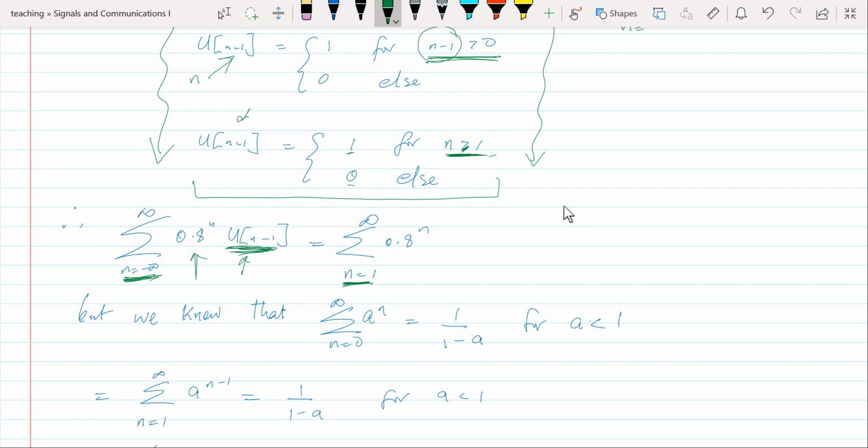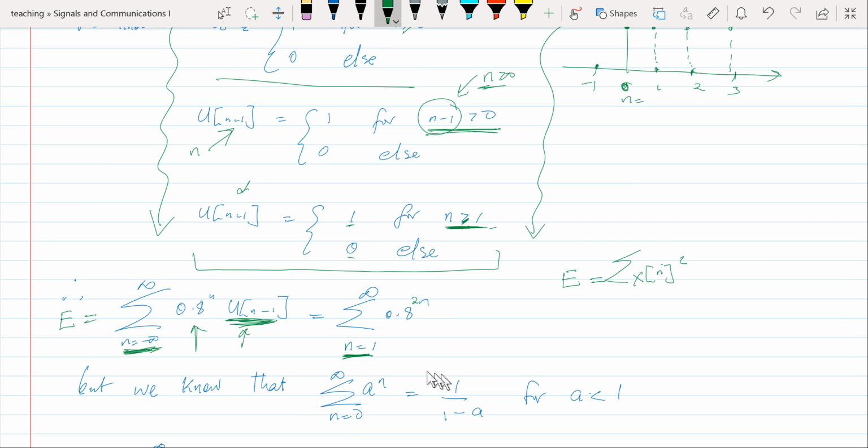Therefore, what we can now evaluate is what the power and the energy will be. What we have seen is that E is expressed by the summation of x[n] squared. So what we did is simply to square our function, and if we do that, we can introduce our 2 there, so that our expression satisfies that of energy. And once we have done that, we can simply say that